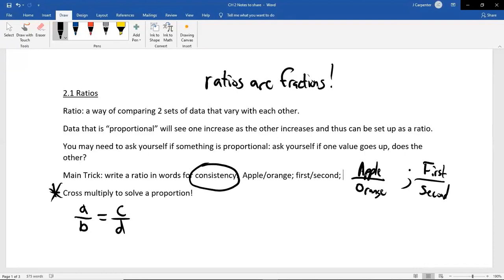So again, typically 3 of these would be numbers and 1 would be an unknown, and you would be able to solve for it by cross multiplying. Cross multiplying means to take the top of one and multiply it by the bottom of the other. And then you set it equal to the exact opposite pair being multiplied, the bottom of one times the top of the other. So you would get,